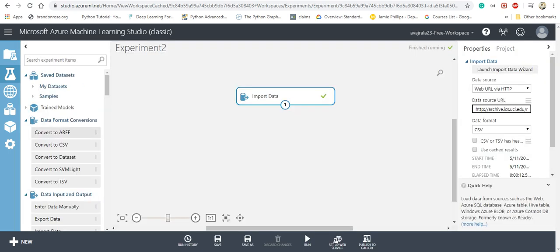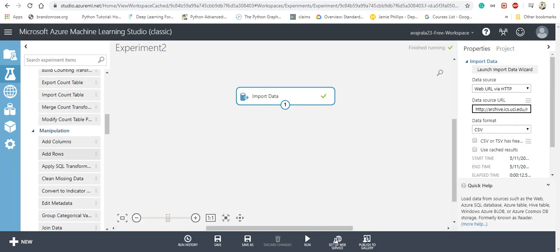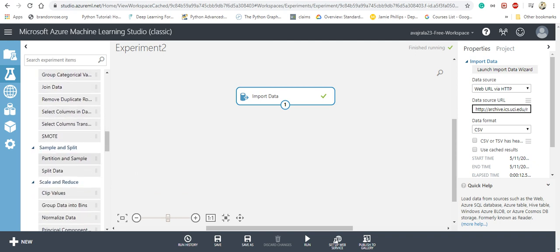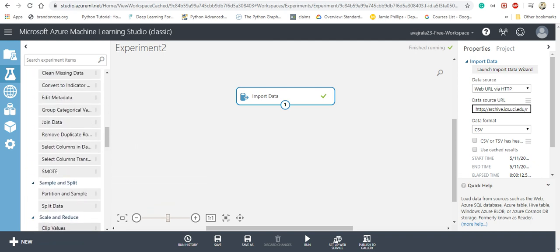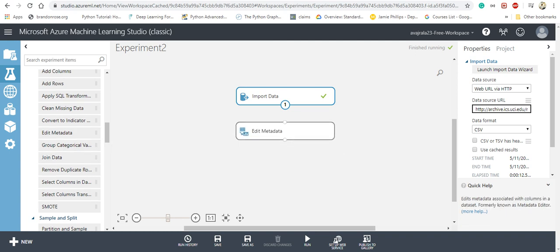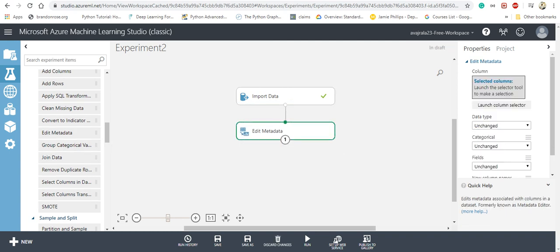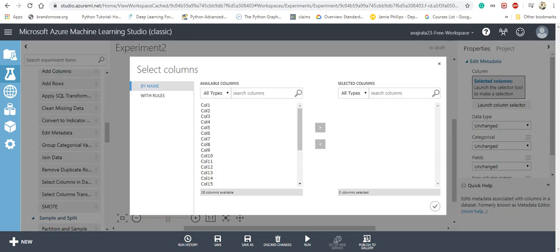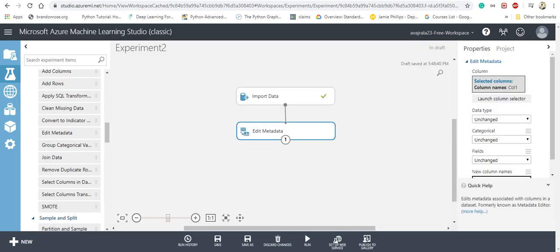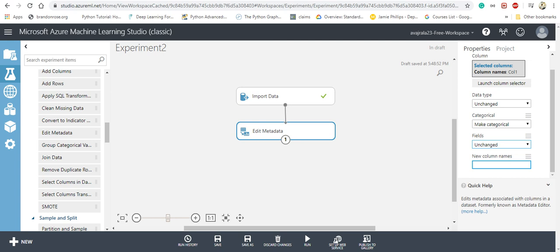Coming to how to change the column name, there is a module called Edit Metadata. If you join this, we can select whichever column we want. We want to change the column name for column 1, and make its data type categorical, and we're going to keep the fields as new column.